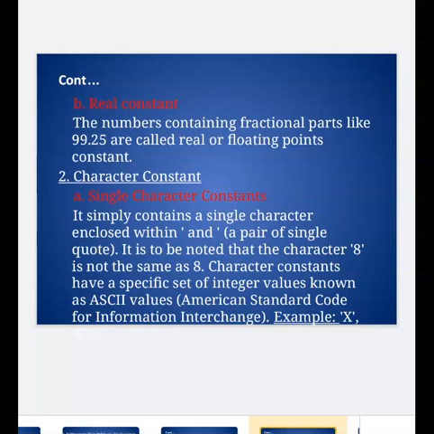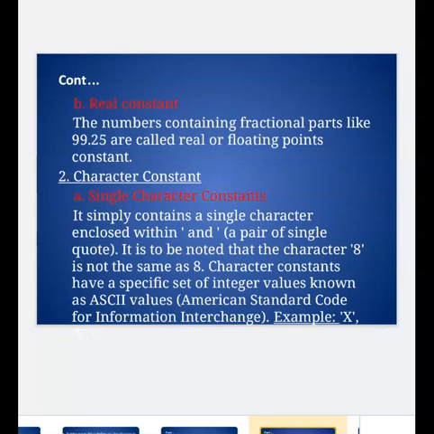And in character constants, single character constants are represented by a pair of single quotes. We should know the difference: a character represented within a pair of single quotes is not the same as the character simply given.